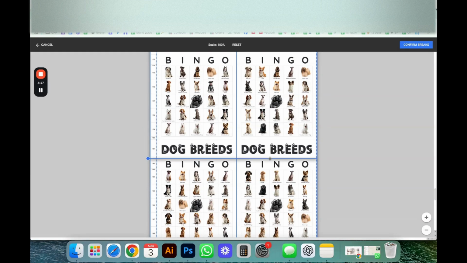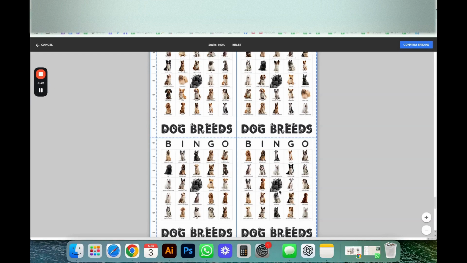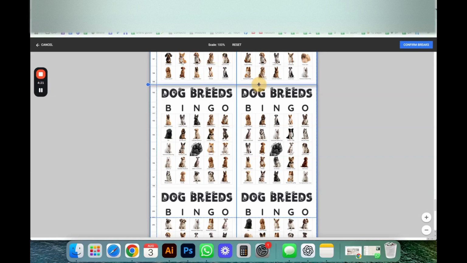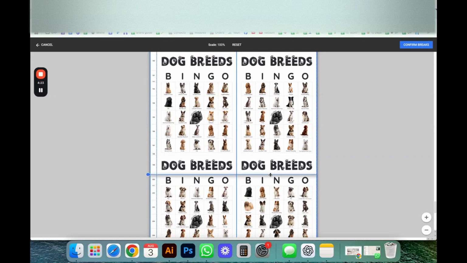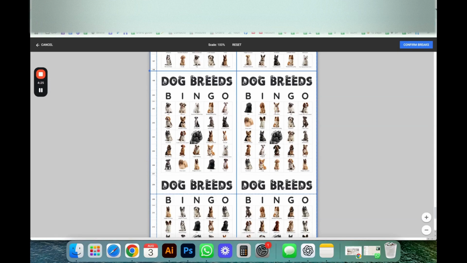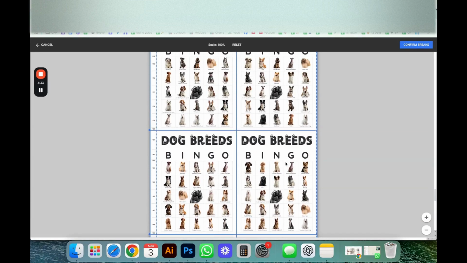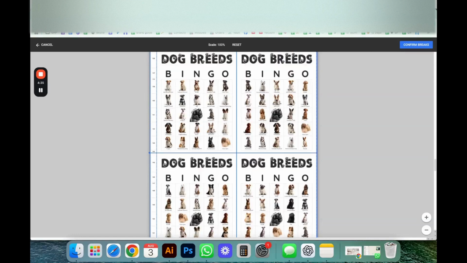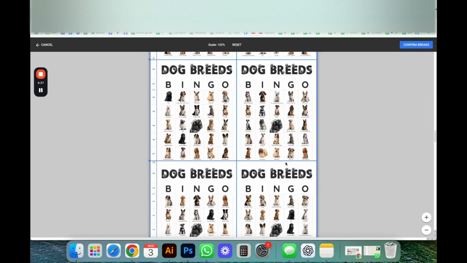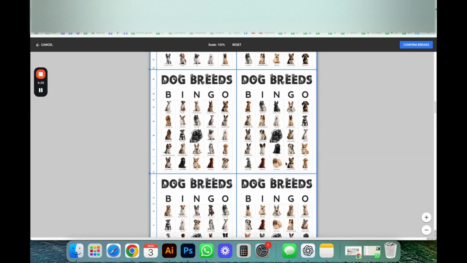So you can see that from here, it kind of broke the thing. So if you want to change the orientation before you do your breaks, that might be recommended. I should have done that first. So change the orientation and then you change the custom breaks. But it doesn't really take that long. And now you have